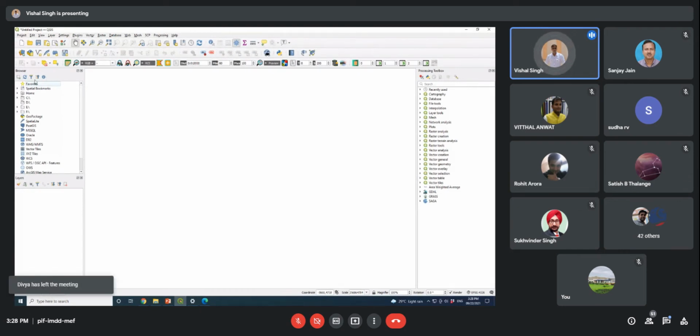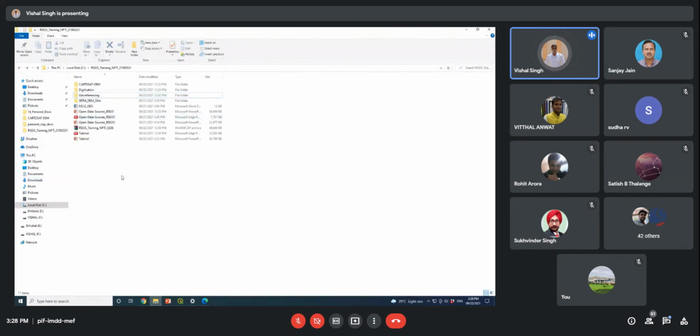And here on the left hand side, the second thing you will notice is this browser window. In this browser window, you can see the location of your directories, as you can see when you go here.